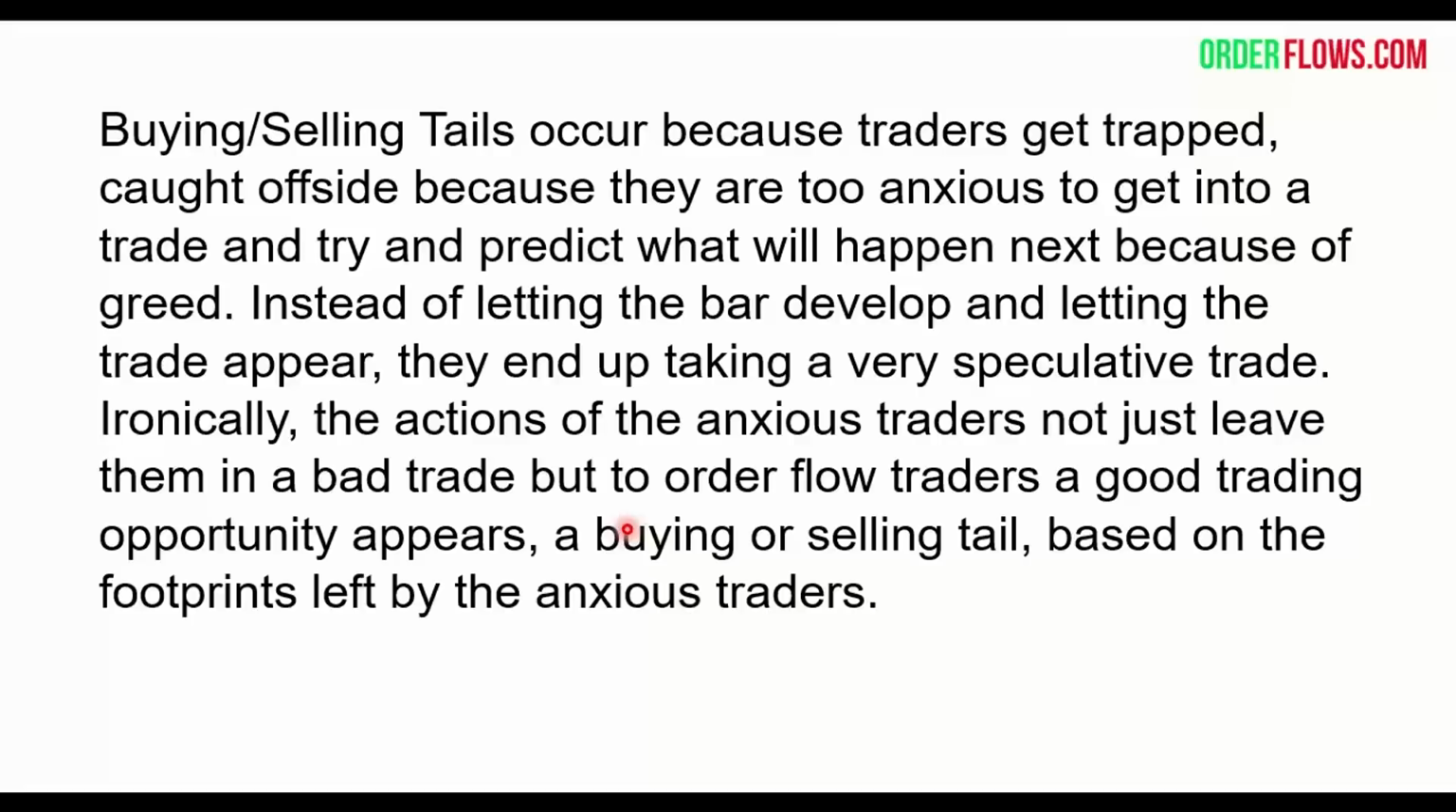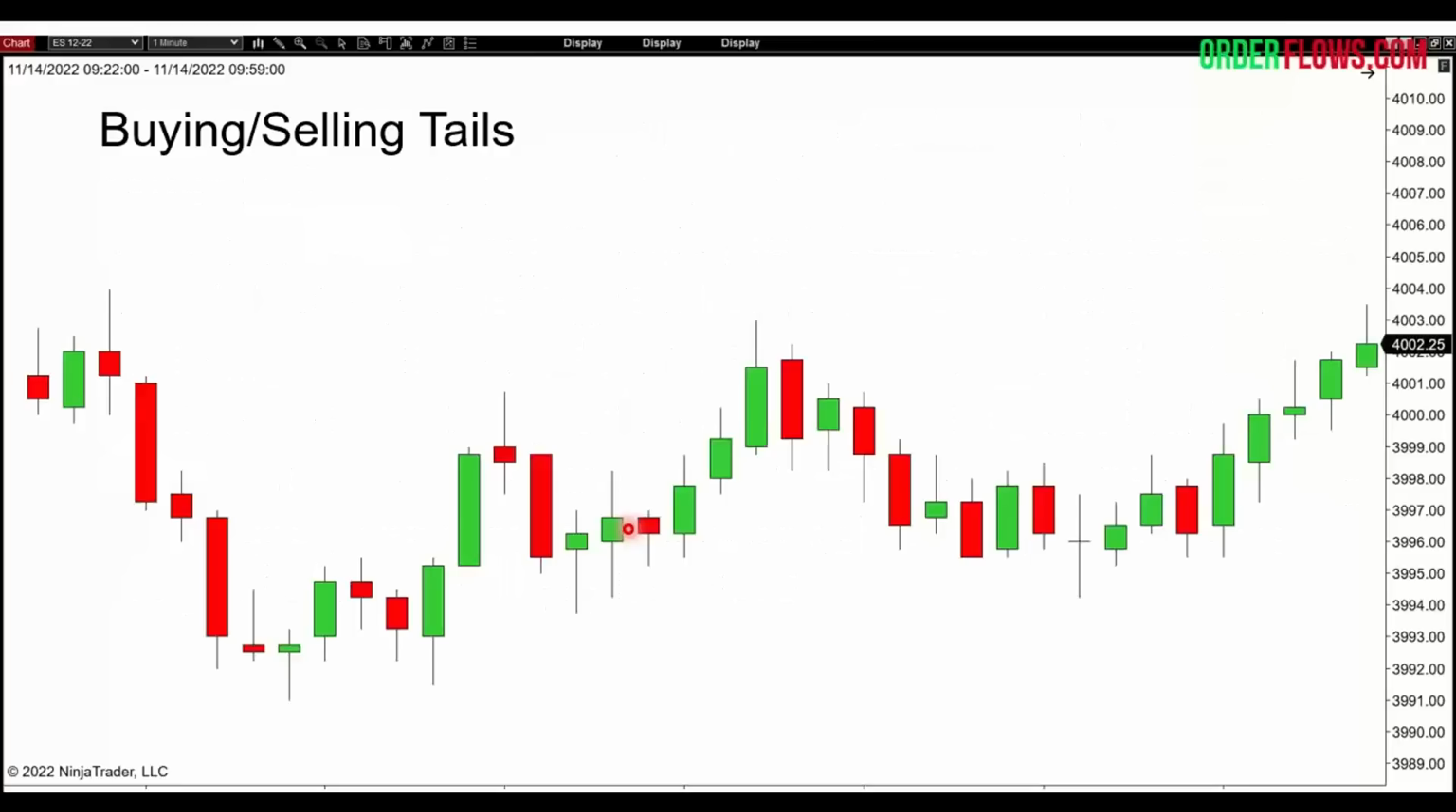And ironically, the actions of these anxious traders not only leave them in a bad trade, but to order flow traders, a good trading opportunity appears, a buying or selling tail. And again, it's based on the footprints left by these anxious traders. Now, if you're looking at a simple bar chart, again, you can't tell if there's tails. I mean, you have wicks, right? Candle wicks above and below most candles. They vary in size, but when you're looking at the actual order flow, the volume traded on the bid, the volume traded on the offer, it gives you a better insight as to